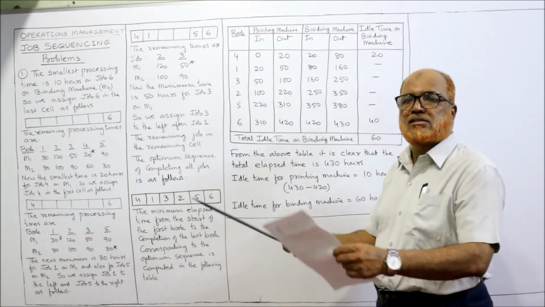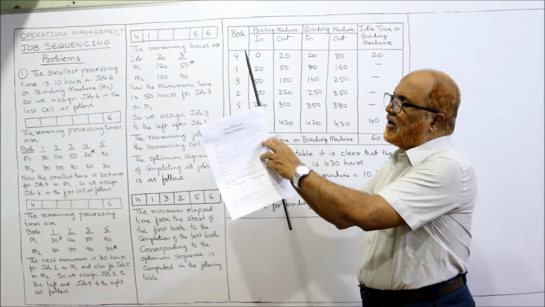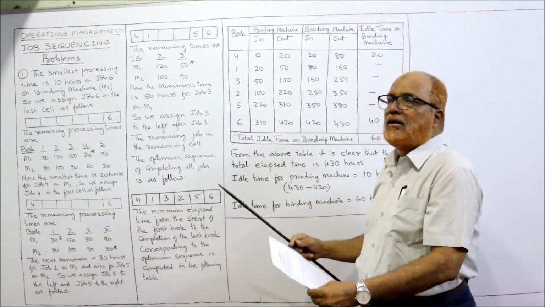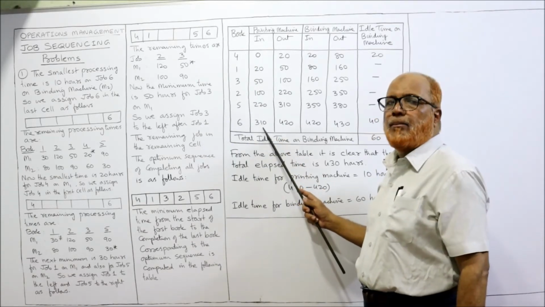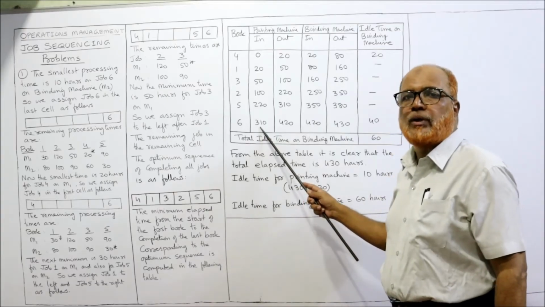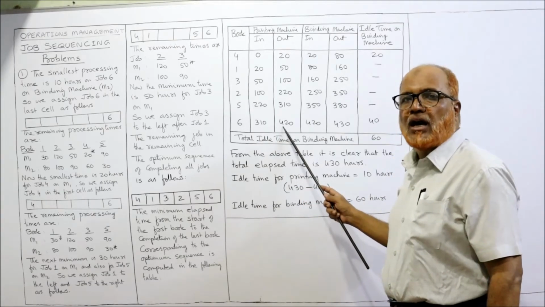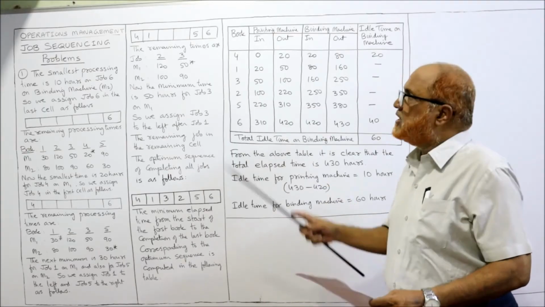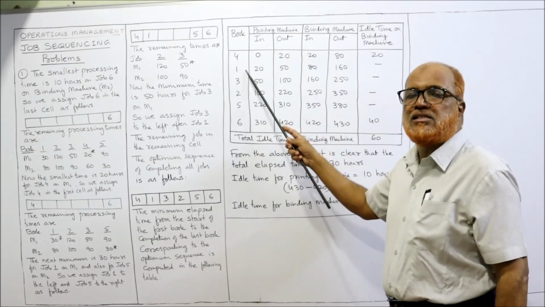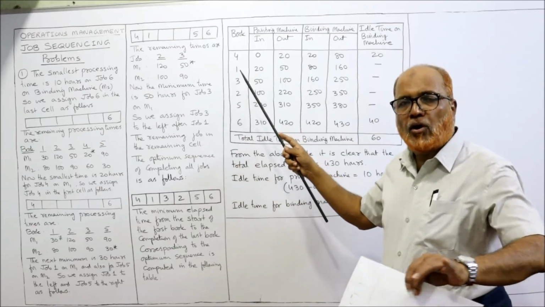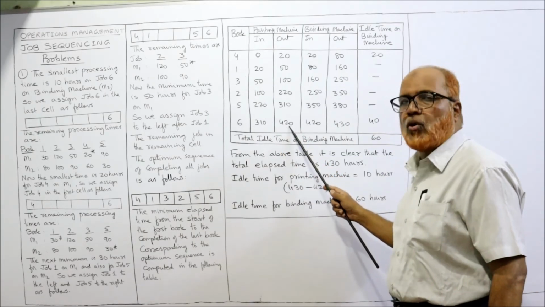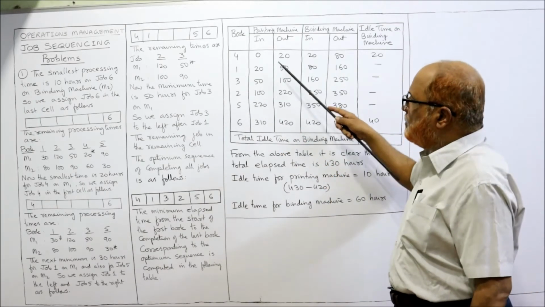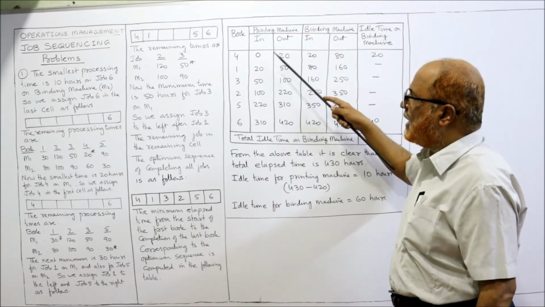That is book number 6. Book number 6, printing time 110. So here 310 plus 110, 420. At the 420th hour, the last book is completed. That means this printing machine started at 0 hour and completed all its jobs at the 420th hour. In between, there is no idle time at all